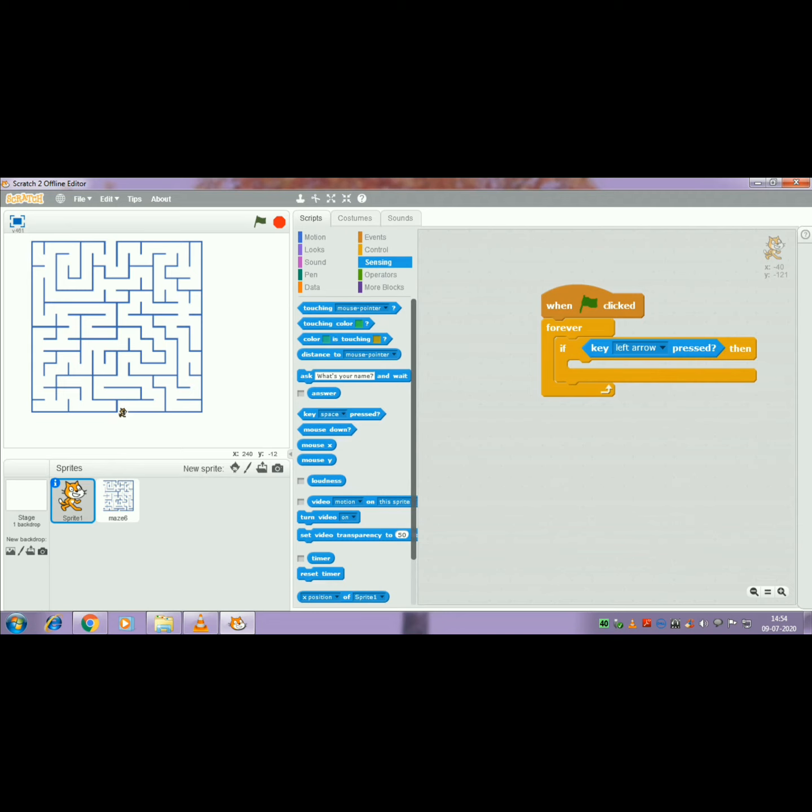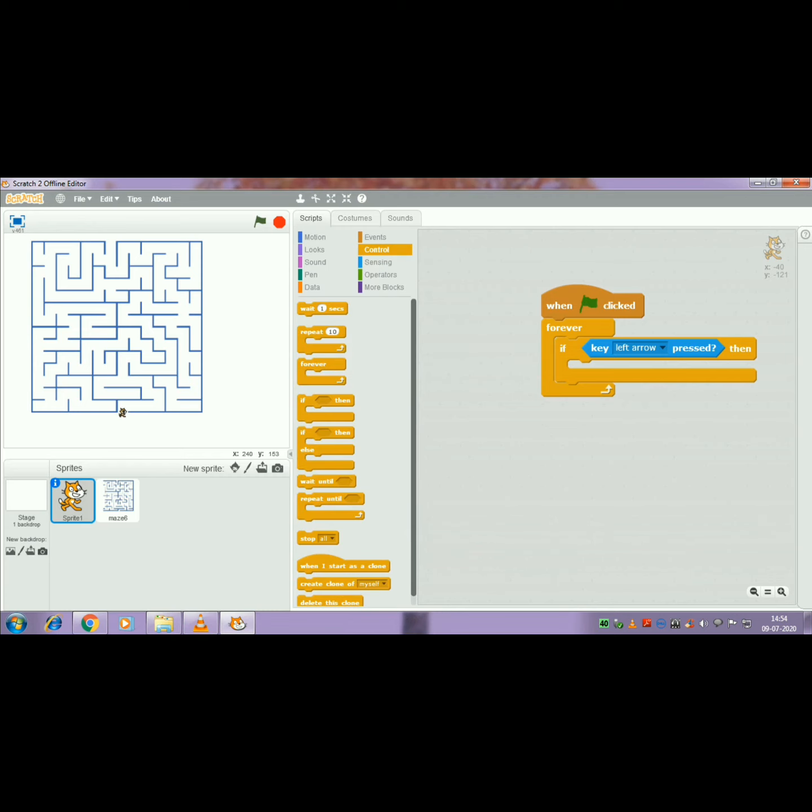In key pressed, you have to mention which side you want to move the sprite. First I want to move it to the left hand side, so I pressed the left arrow. After keys, you have one pull down menu. Using that you can select the direction. I chose left arrow.